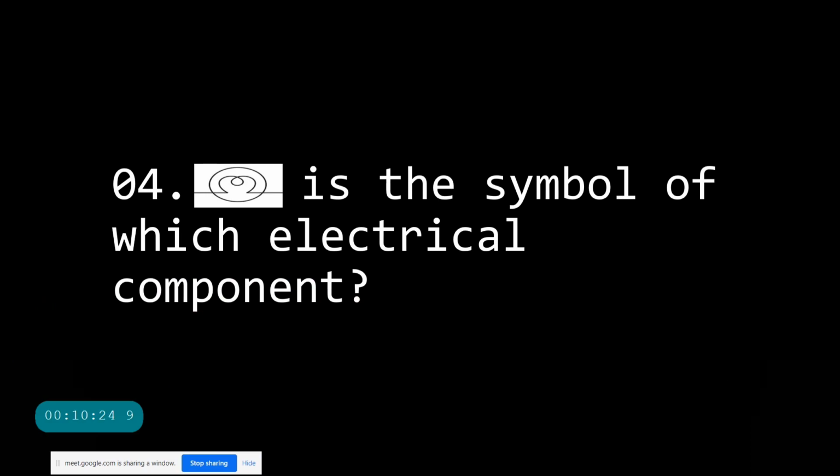Now, my question is, do you see a symbol over there? That symbol is of which electrical component? Can you see it on the screen? Bulb, ma'am. Yes, the answer is bulb. Now you see another symbol over there, right? What does that symbol indicate as an electrical component? Closed plug key. Circuit. No, wrong answer. Anybody else?